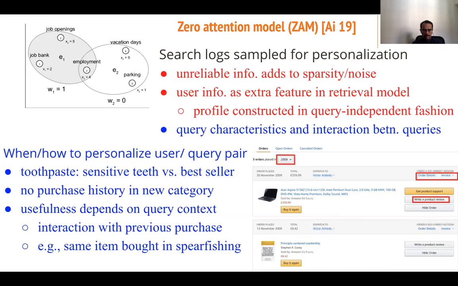Let's look at some rationale behind such an approach. On the one hand, personalization with user information helps better understand search intent when there is limited information revealed in the query. On the other hand, incorporating unreliable personal information could amplify data sparsity and introduce